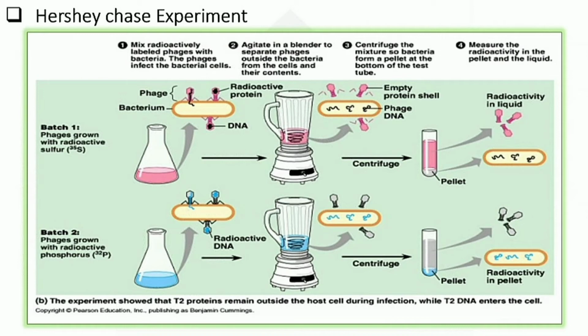they took the sample after arresting the growth after some time, and they centrifuged the sample, and this time radioactivity was present in the pellet. And as we have read earlier, the protein coats are present in the pellet. From this experiment, Hershey and Chase concluded that the genetic material that is being passed on is DNA, not protein, as was previously accepted. So this is one of the famous experiments.